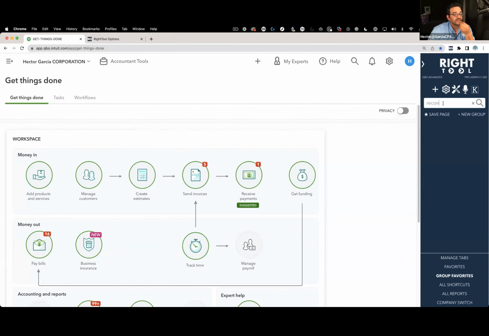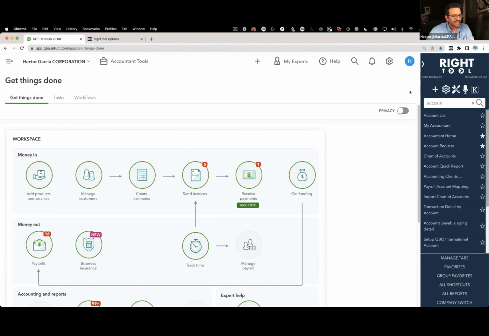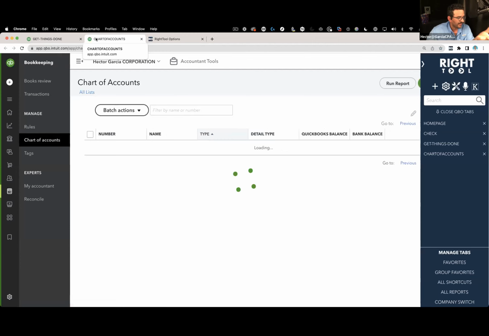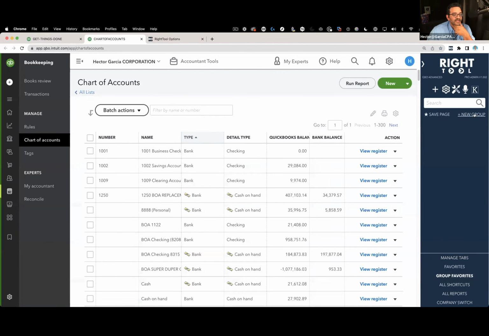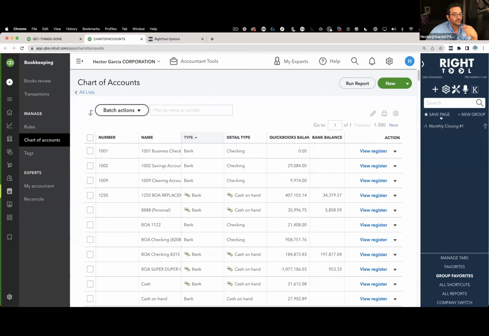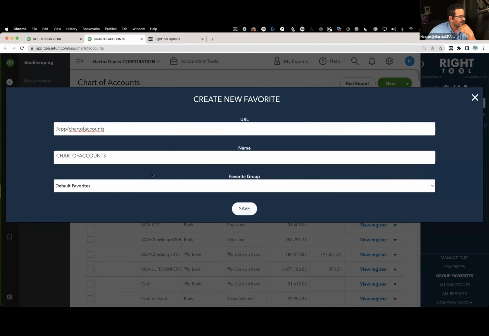Okay, so the first thing you're gonna do is start pulling everything that you're gonna view. So let's say that in this workflow, I like to open my chart of accounts. So I open my chart of accounts here, and then once I'm looking at the screen, I'm going to go into group favorites. I'm going to create a group. I'm going to go to create group, and I'm going to call this monthly closing. Okay, so I have monthly closing, let's say number 1. So I create a group called monthly closing number 1. So inside this group, I'm gonna save the chart of accounts into monthly closing number 1